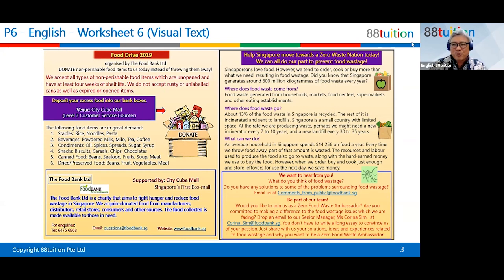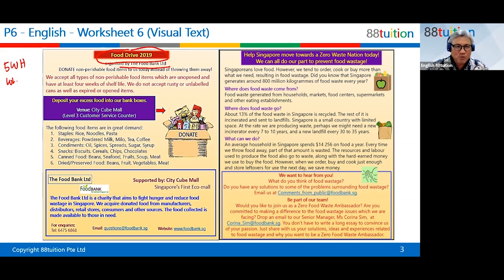When you first come to a text, what are the things you need to take note of? Of course, you've got to take note of the title, right? Food Drive 2019, and organized by whom? So you know the 5WH, right, guys?